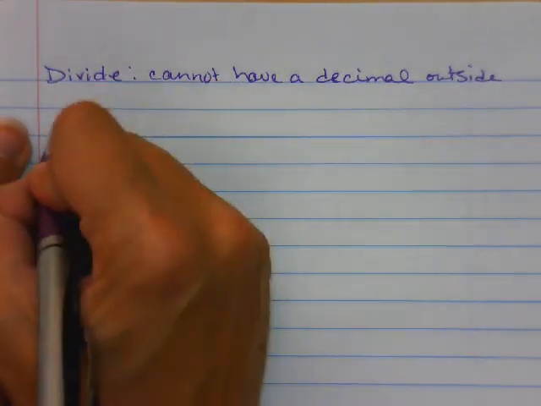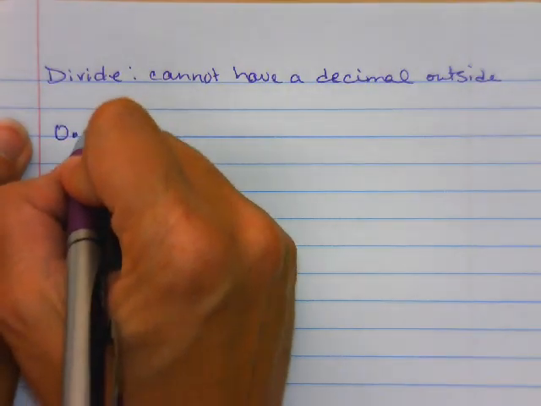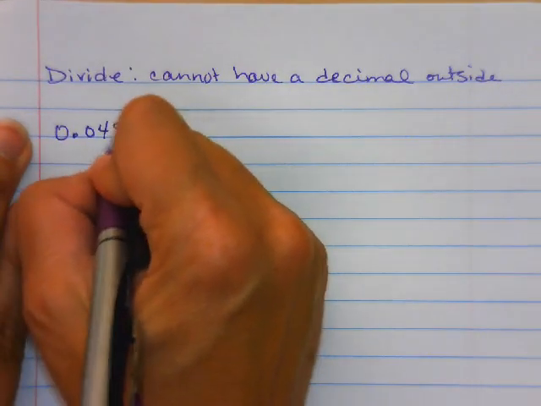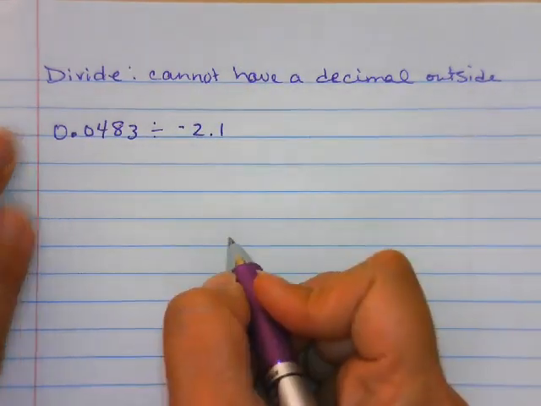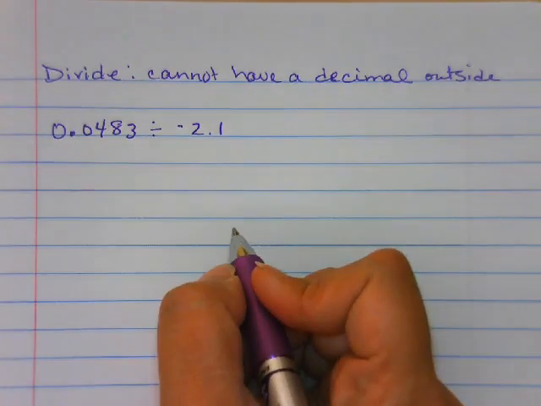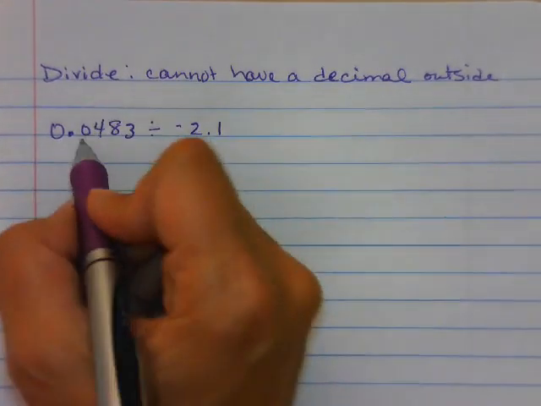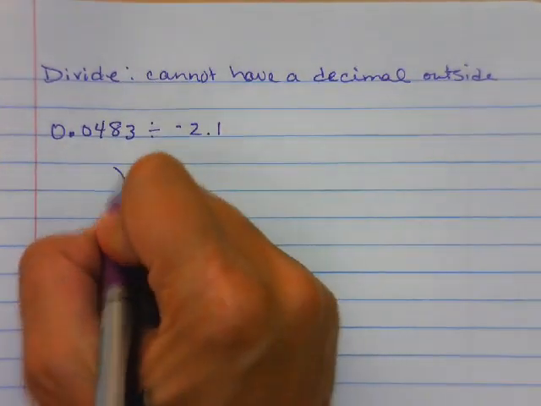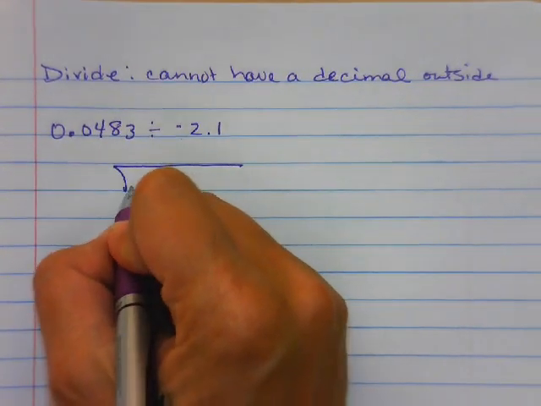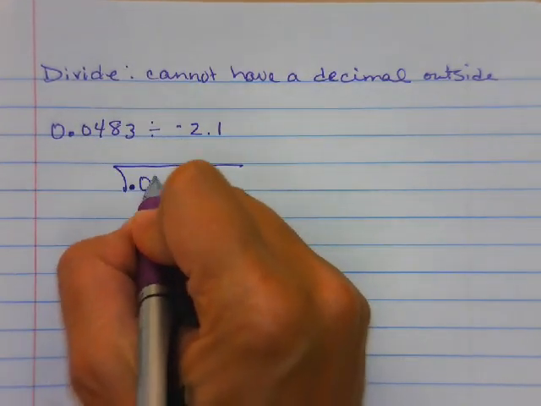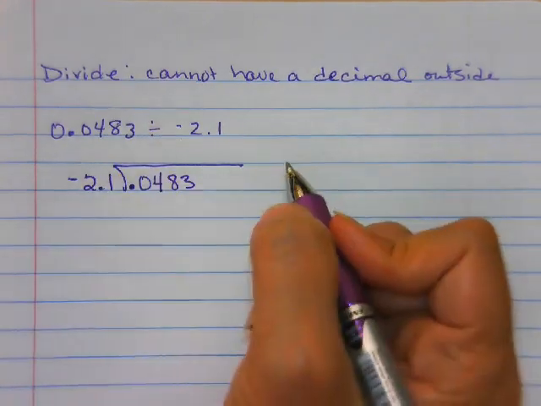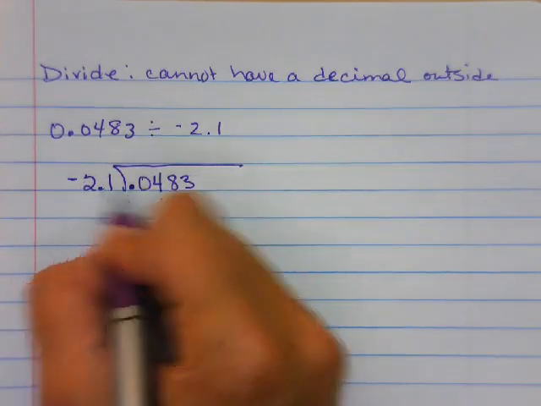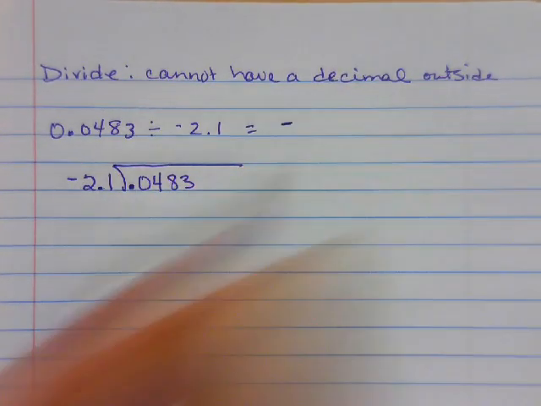So if I gave you 0.0483 divided by a negative 2.1, well, first of all, you have to remember what goes where. First number always goes inside. So I'm not going to put my extra 0. You can if you want. Negative 2.1. So, first of all, negative divided by a positive, you know this is going to be a negative